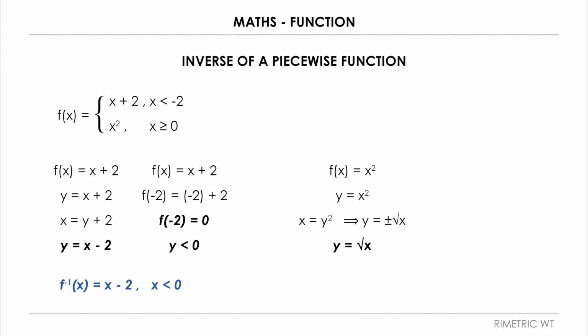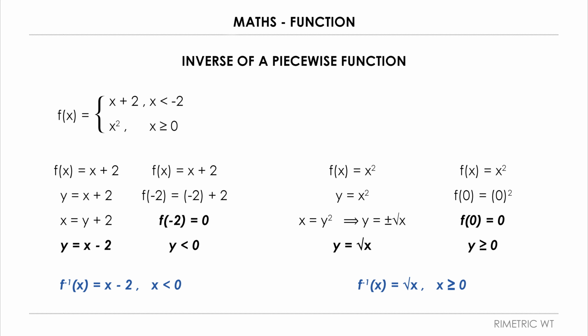Now, let's determine the domain of the inverse, which is the range of the original piece. The original piece is f of x equals x squared with x is greater than or equal to 0. At the boundary value x equals 0, we get f of 0 equals 0 squared, which is equal to 0. And since x is greater than or equal to 0, the outputs of x squared are also y is greater than or equal to 0. Therefore, the range of the original piece is y is greater than or equal to 0, which becomes the domain